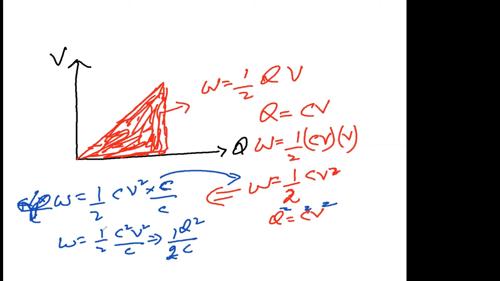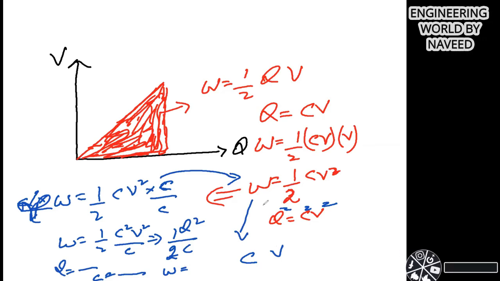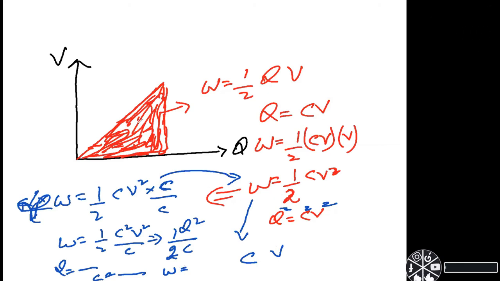If the question is like this, charge is given to you, capacitance value is given to you, and the question is to find the work done by the electron on the capacitor, then you will use this formula. But if C is given to you and instead of Q, V is given, then you will use the CV square formula. It depends on the given data. Got it? Yes, sir.